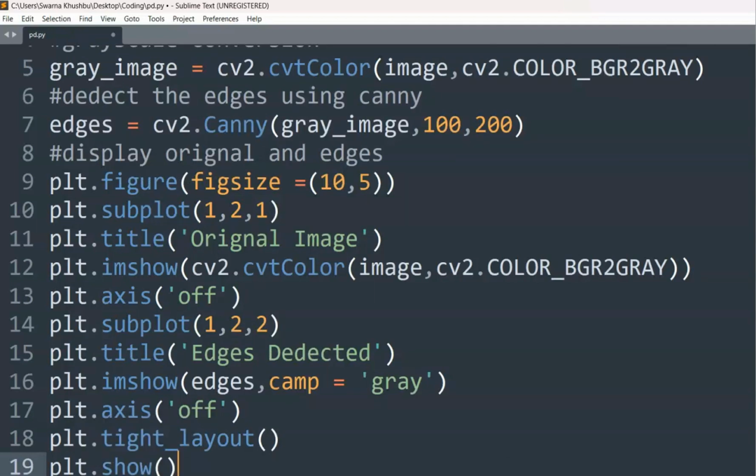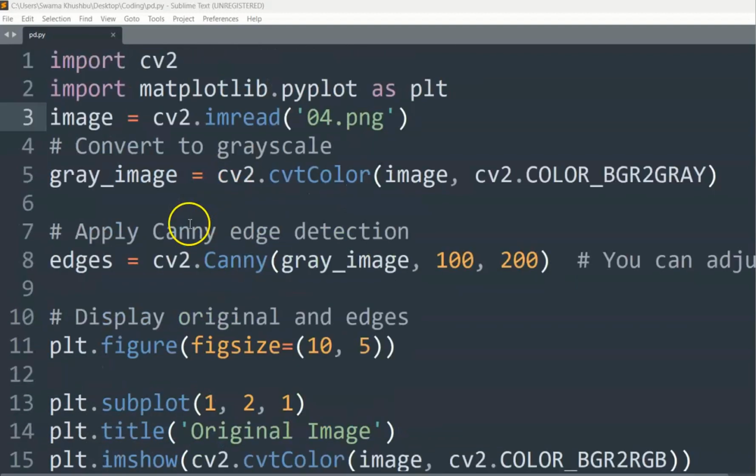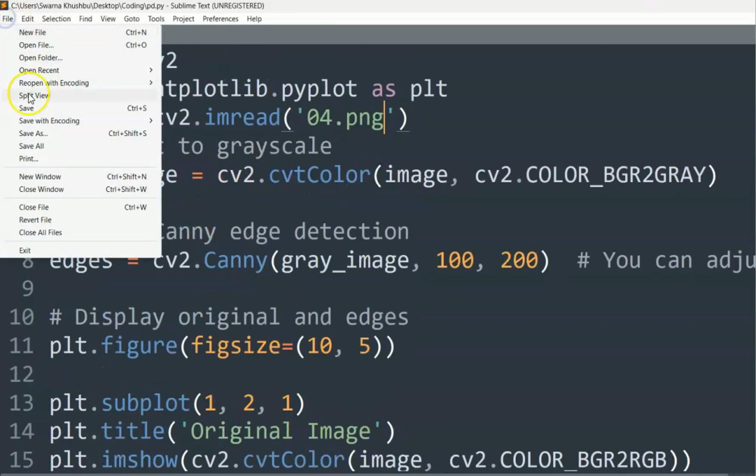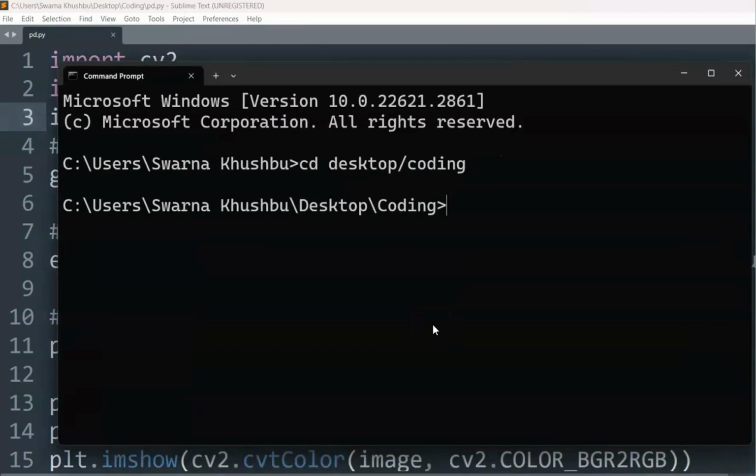Now our whole coding is done. So now we are done. We just click on file and then click on save, and then I go to my terminal. Now over here I'll try to run. The name of the file is pd.py. So when I write python pd.py and press enter,